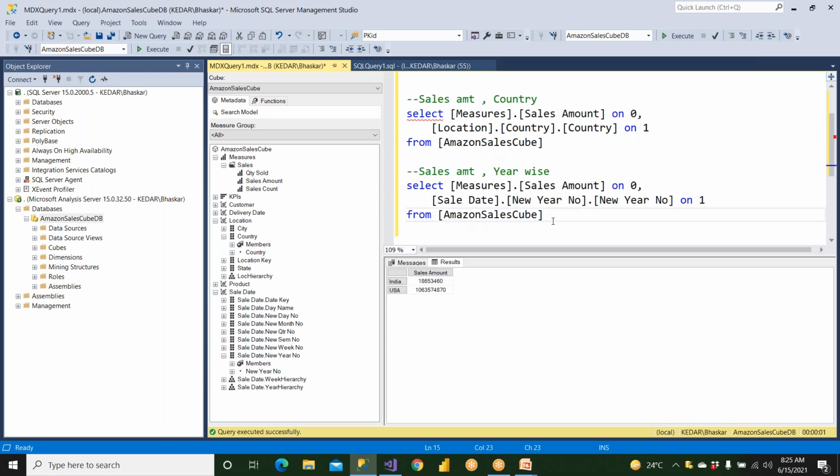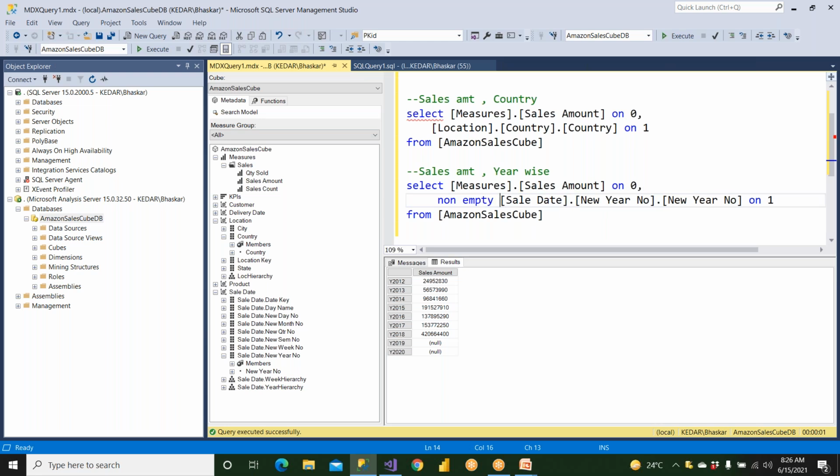Now you should be able to get the data like this, year-wise sales data. So 2019, 2020, no sales. If I don't have any sales, why should I show the data? I wanted to eliminate this row. This is a row, right? So this is a row. What I wanted to write,